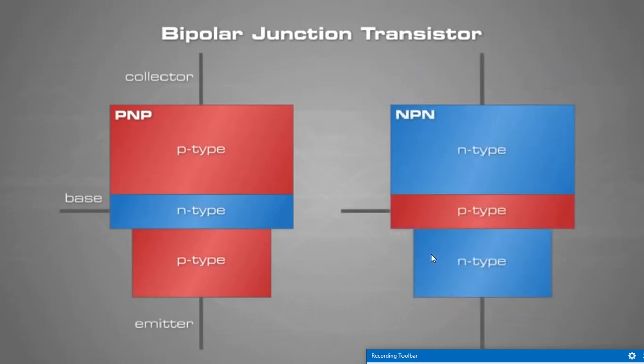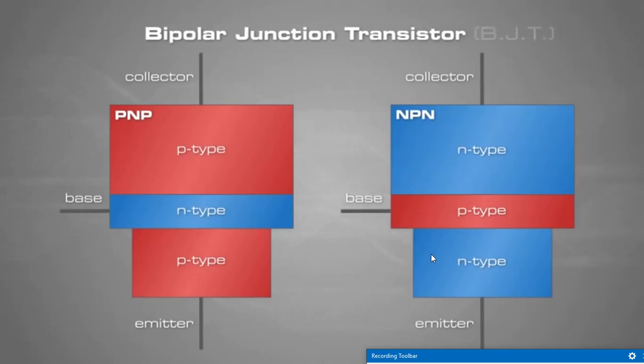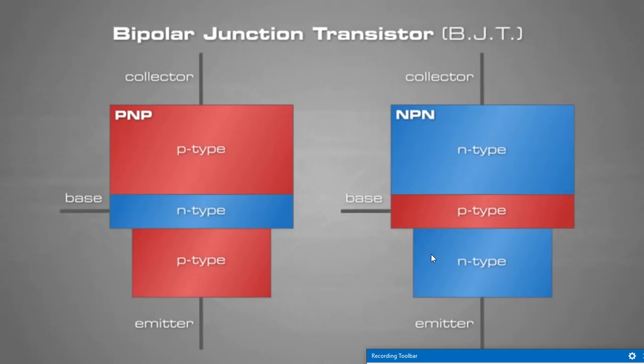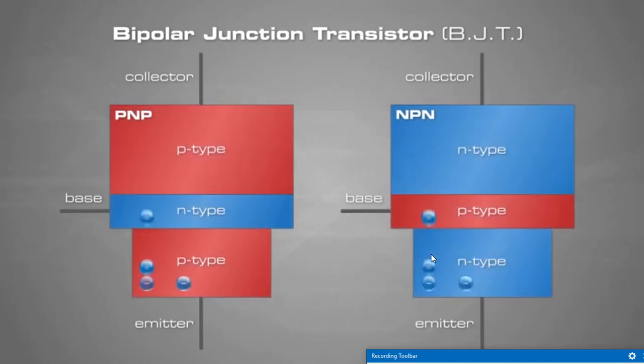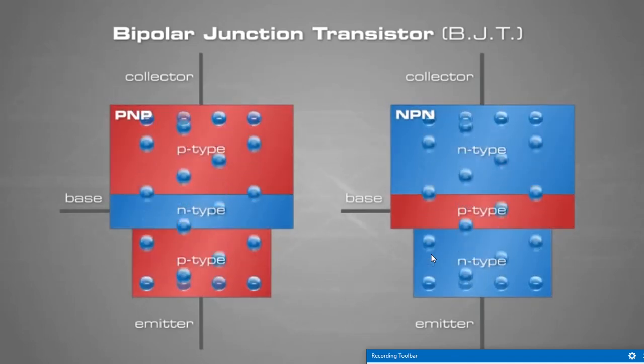So here, as I already said, the collector area is greater than the emitter area, which is greater than the base area. The collector and emitter have the charge carriers, but the charge carriers in the emitter will be greater than in the collector, followed by the base, and the base will have opposite charge carriers compared to the emitter and the collector. This is what a normal bipolar junction transistor is.